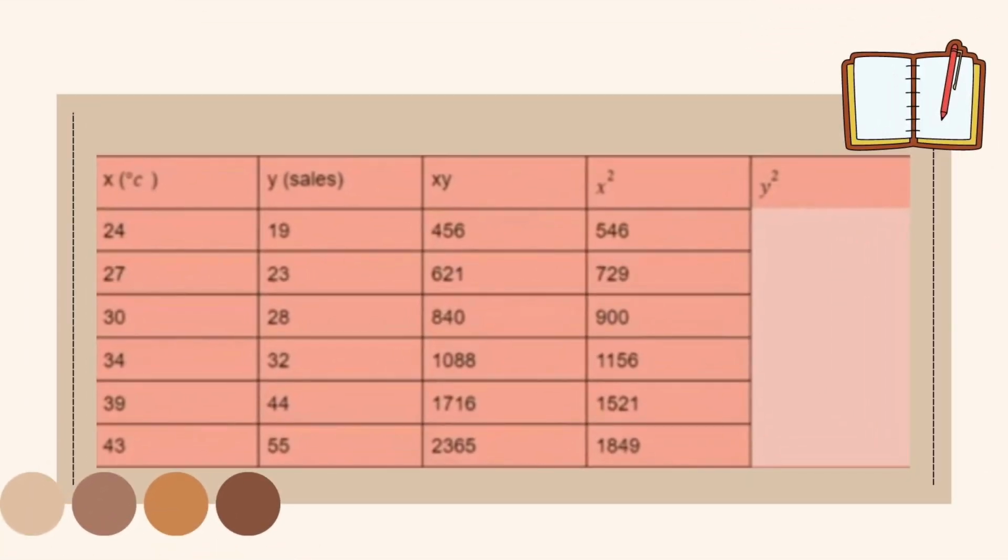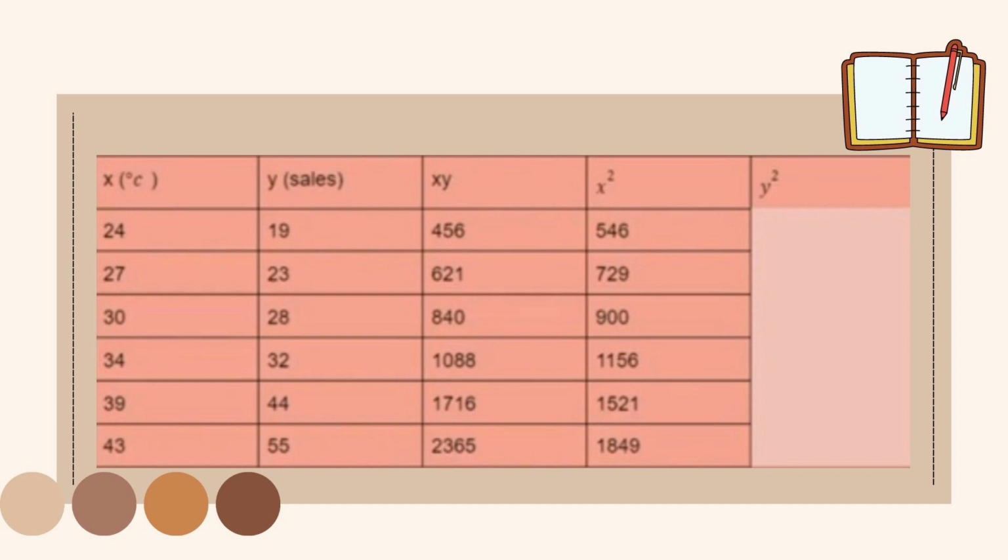So, 24 times 24 is equal to 546. 27 times 27 is equal to 729. 30 times 30 is equal to 900. 34 times 34 is equal to 1,156. 39 times 39 is equal to 1,521. And 43 times 43 is equal to 1,849. At para naman makuha ang y squared, kailangan mong